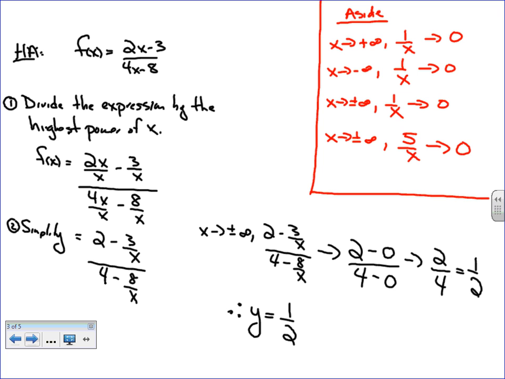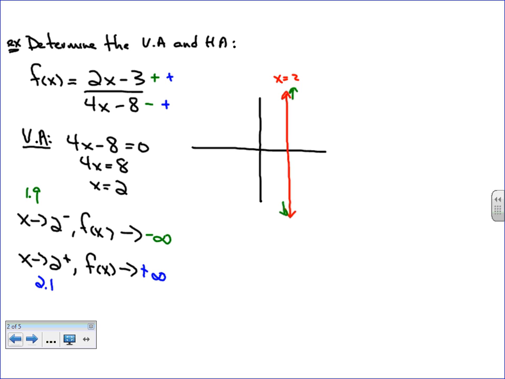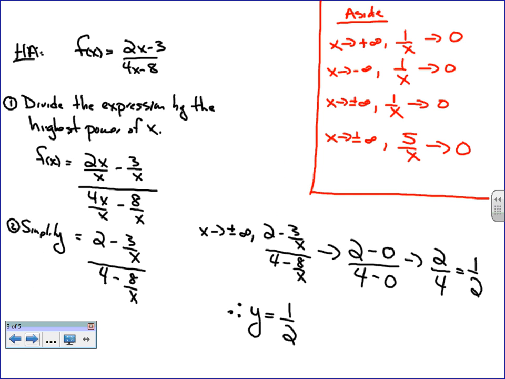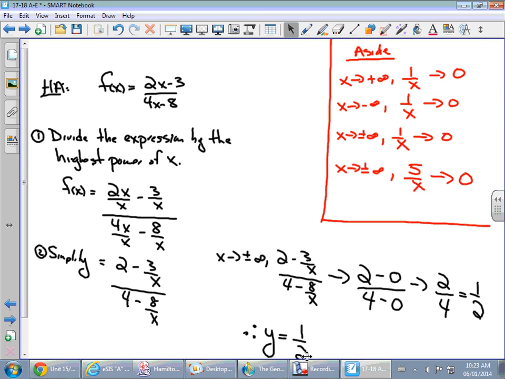So if I graph this thing, right, it should have a vertical asymptote at x equal to 2. And on the right-hand side, it should go up towards positive infinity. And on the left-hand side, it should go down towards negative infinity. And it should have a horizontal asymptote of y is equal to 1/2. That means that we're going to have a horizontal line that the function is going to get closer and closer to. So if I graph it,